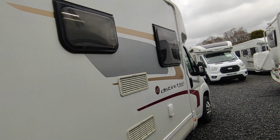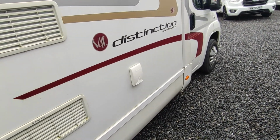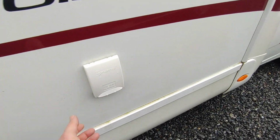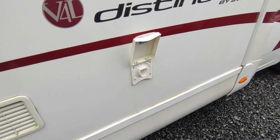Kitchen window, and then your other lounge window. You've also got vents for your 3-way fridge freezer. Runs off gas if you're not on the mains, if you are on the mains, and 12 volt off the engine when you're driving. And then we've got the water fill up point, so you use a special hose that comes